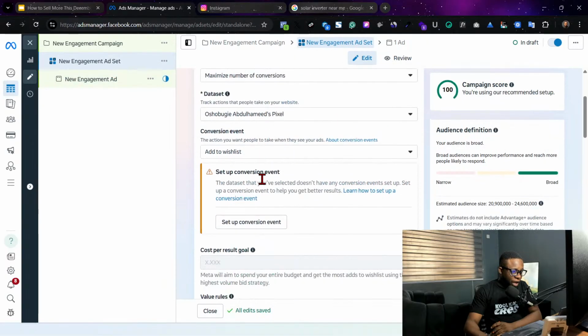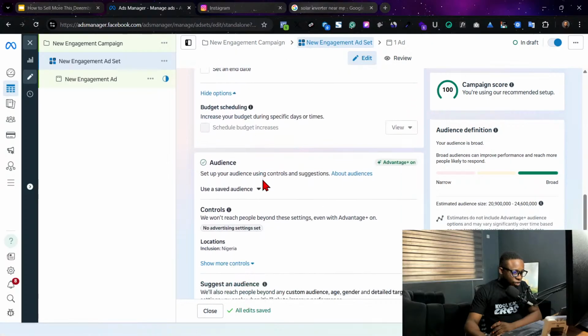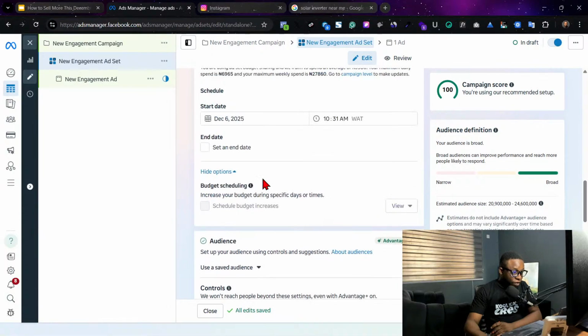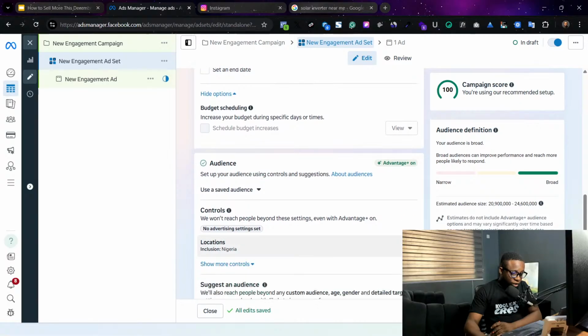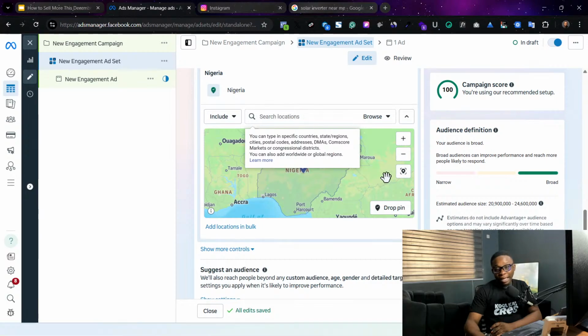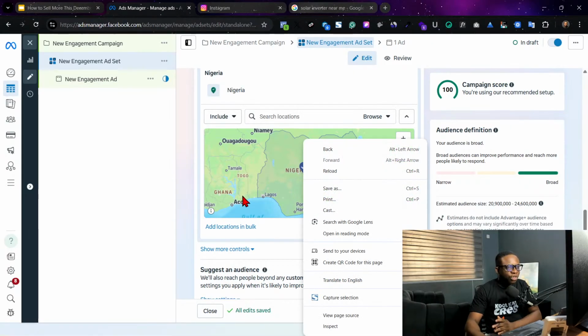So now, say for example, I want to do a very good targeting. You can do a lot. So say I come down here, even down to the location, say I want to target Nigeria, right? I can target even down to someone in my backyard. In your boosting, you would not see this functionality. You won't come close to this, right? So that's why when I tell people boosting ads from Instagram isn't bad, but you are losing money, you're putting money on the table, you are restricting yourself.